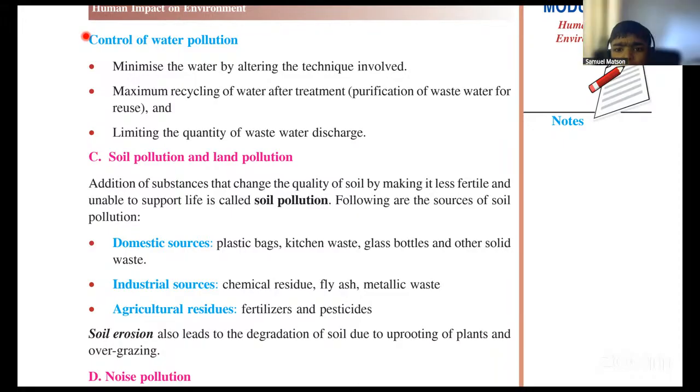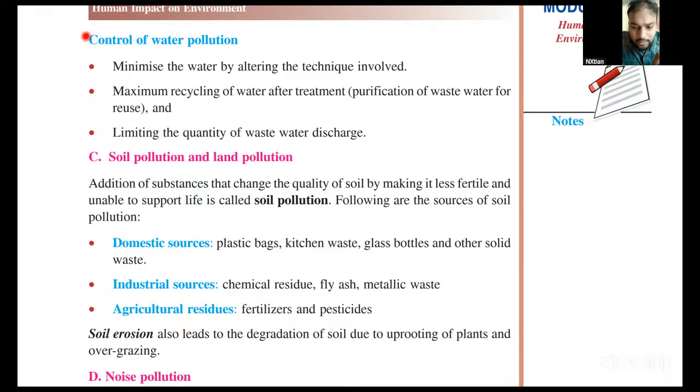Control of water pollution. Minimize the water pollution by altering the techniques involved: maximum recycling of water after treatment, purification of wastewater for reuse, and limiting the quantity of wastewater discharge. So how can you control water pollution? You can control it by using water through alternative methods, like recycling of water